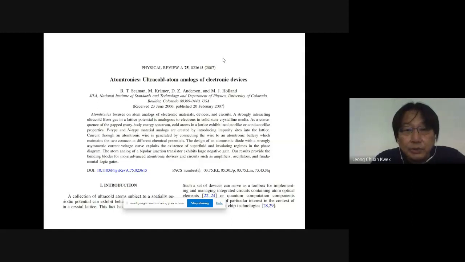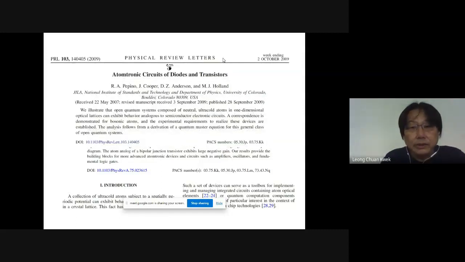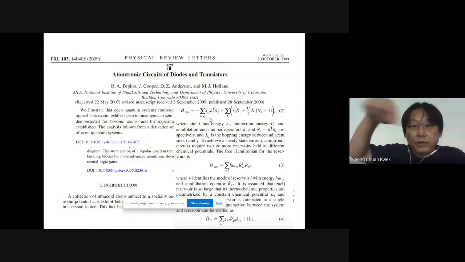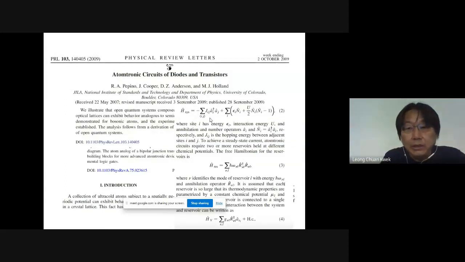So Atomtronics, the ultracold analogs of electronic circuits. What Murray Holland did was a theoretical study, and in a separate paper, he considered diodes and transistors, where he considered a Hamiltonian. This is not a toroid anymore, but rather atoms hopping from lattice sites in a circle. And he modeled it with what's called the Bose-Hubbard model, where J is the hopping parameter, and U is